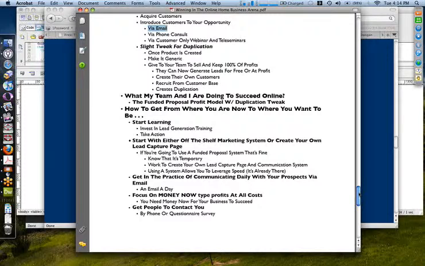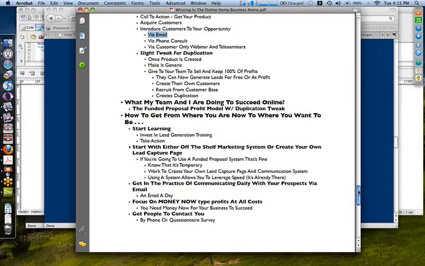You put it back into marketing, and then on the back end, I'm going to teach you different ways that you can bring people into your business. So you're qualifying, filtering out all the losers, and only bringing winners into your business, and at a profit. You help people do that. You help a few people get a handle on that, and they help a few people get a handle on that. Believe me, you're going to have some long-term duplication. So that's a slight tweak for duplication. You take your own front-end funded proposal information product and make it generic. Give it to your team and say, hey, it's yours too. Go play. Make money.